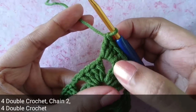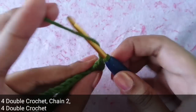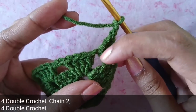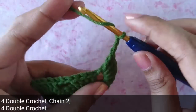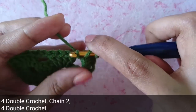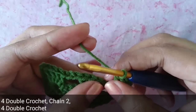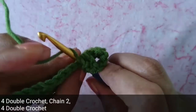Right, so here I've worked my 4 double crochet into this corner gap space. Next you're going to chain 2, 1 and 2, and then you're going to go back into the same corner gap space and work 4 double crochet stitches. So after you chain 2, yarn over once, insert your hook back into the same gap space, grab your yarn, pull through 3 loops on our hook, yarn over, pull through the first 2 loops, yarn over, pull through the next 2 loops. That's 1 double crochet, work 3 more double crochet stitches into that same corner gap space,